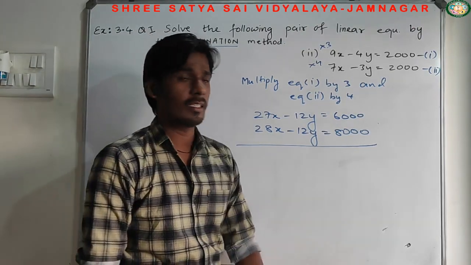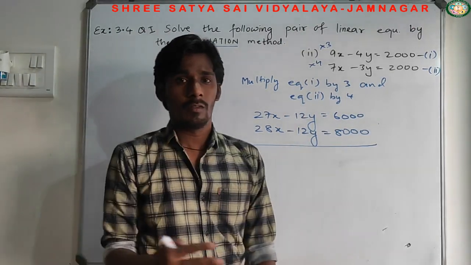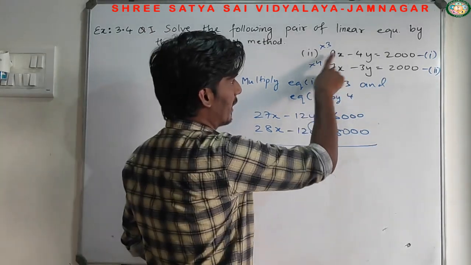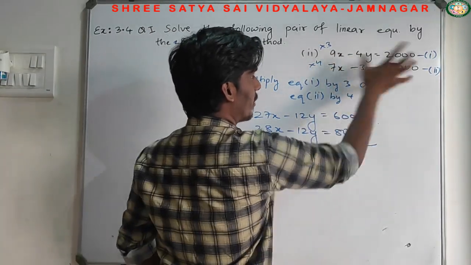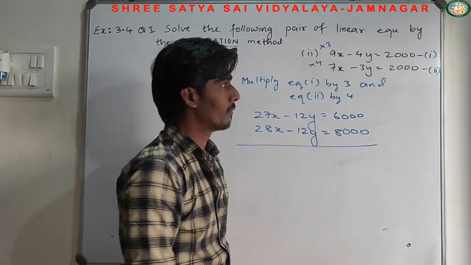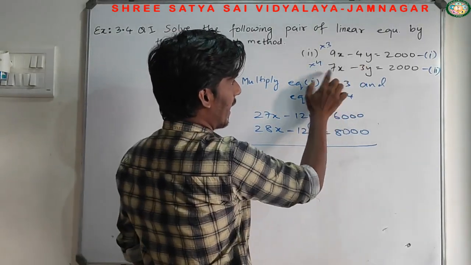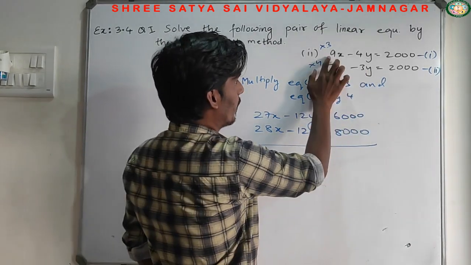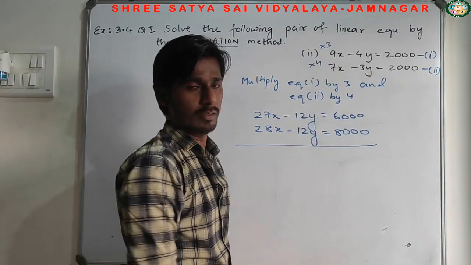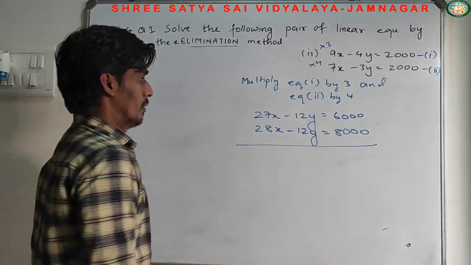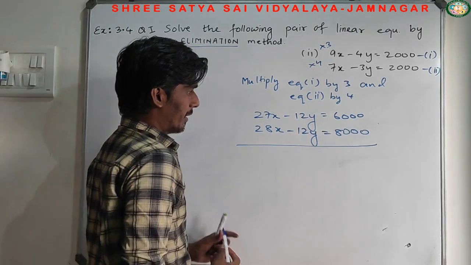Now those who are thinking why in this one we multiply both the equations, not in the previous one: because by multiplying any number here, this equation will not convert into 3 or 7. Similarly, if you multiply any of these numbers, either the x term or the y term, it will not become 9 or 4. So we have to multiply both the equations. So here the signs are the same.